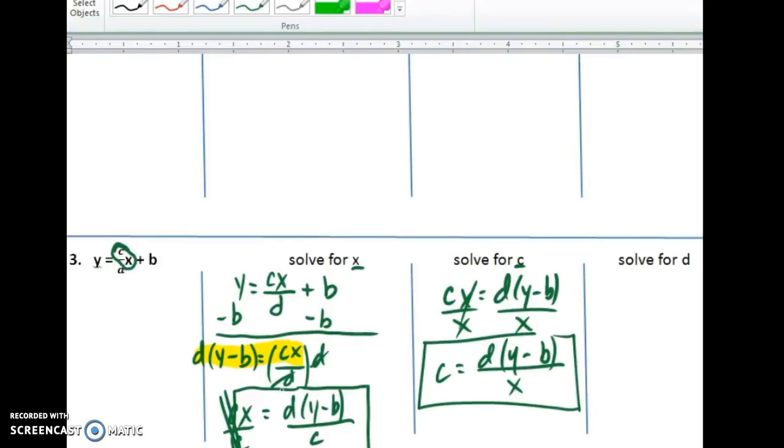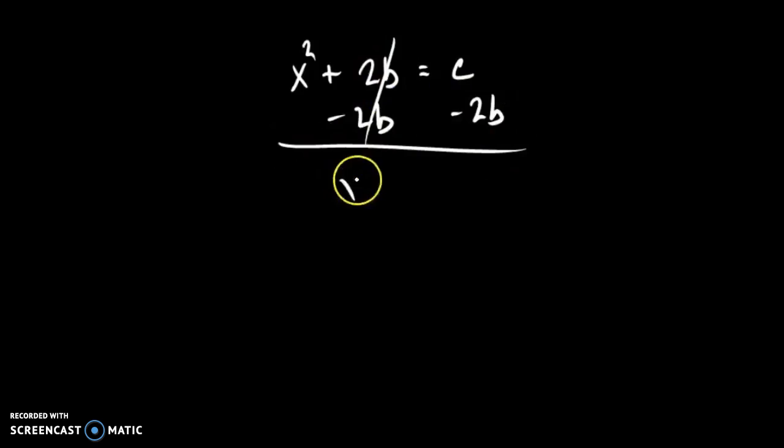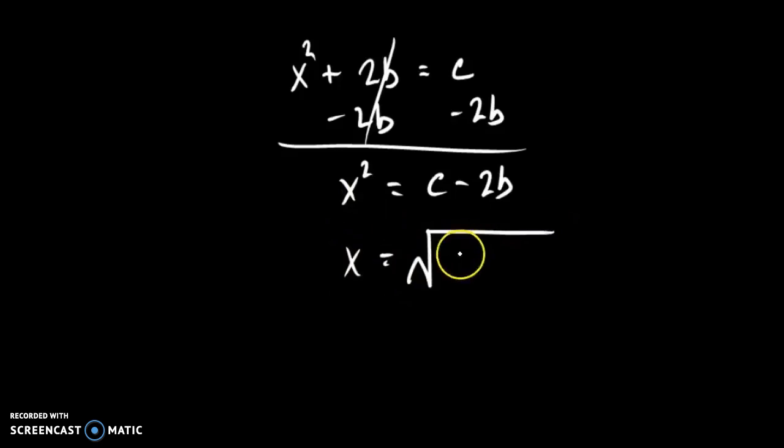Plus and minus first, multiplication division next, and then powers after that. And why don't I throw in one with a power in it, so you can see that. I want to solve for x. So I will subtract 2b from both sides. Alright, so now I'm left with x squared equals c minus 2b, and then just to solve for x, I need to square root both sides, and I'll get x equals the square root of the whole quantity c